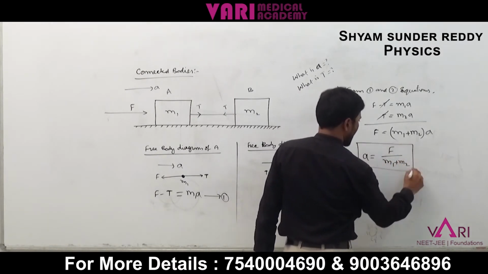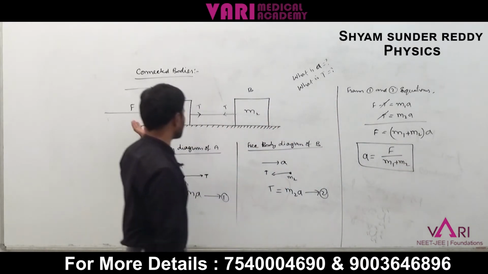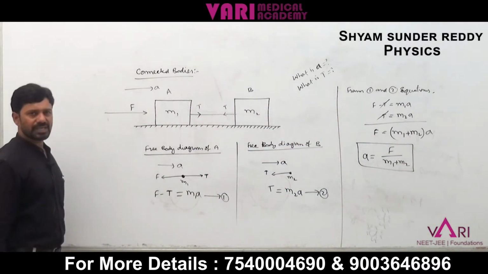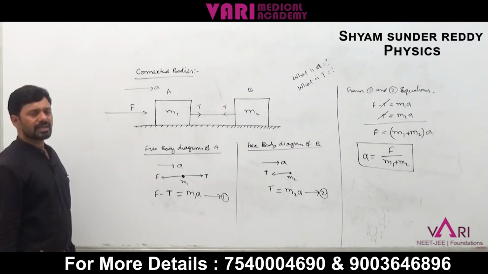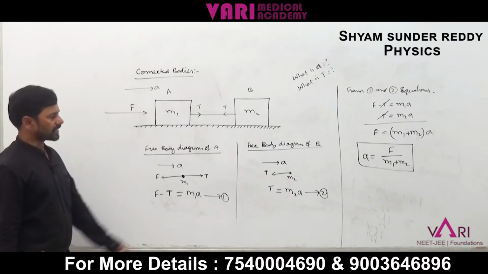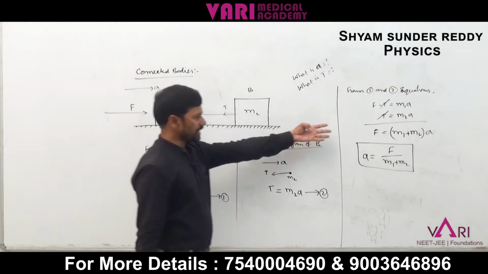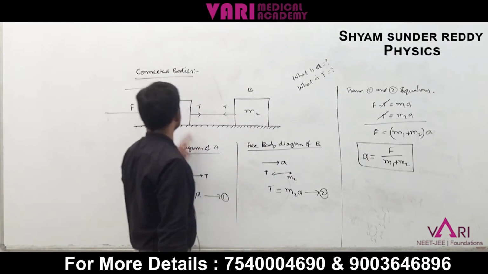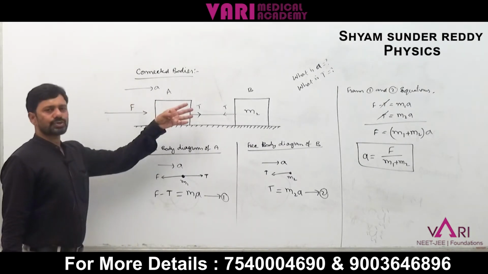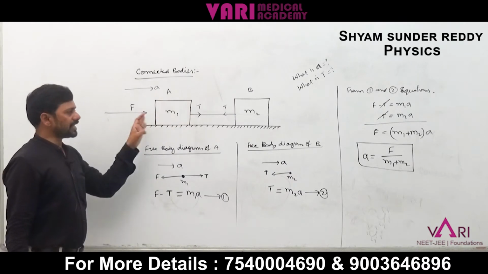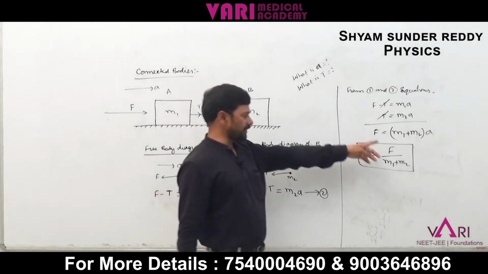This is the acceleration of the body, acceleration of this system. A is equal to F by M1 plus M2. Simple. F is equal to MA, A is equal to F by M. Like that, A is equal to F by M1 plus M2. When two bodies are connected and it is in motion, then the acceleration is A equal to F by